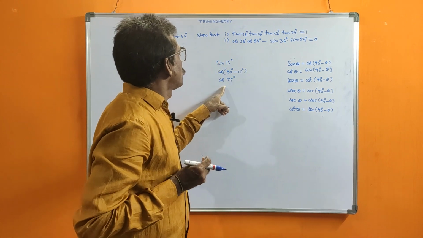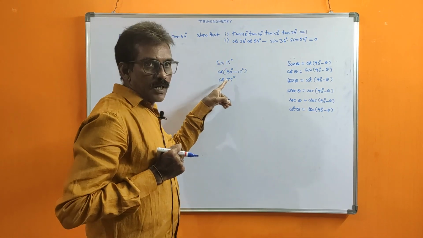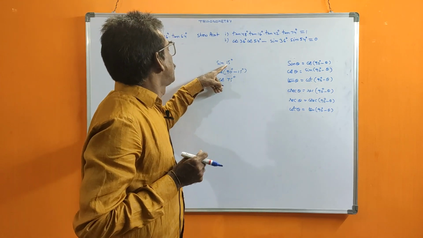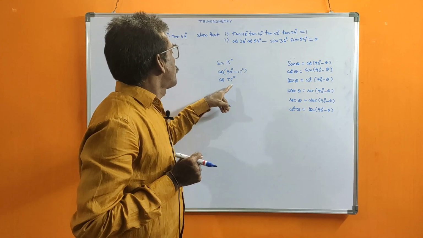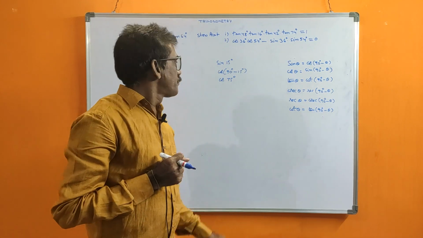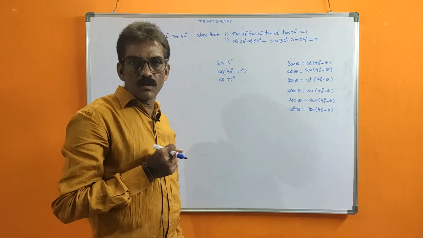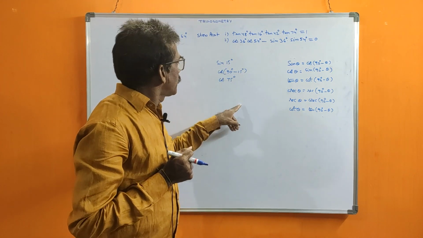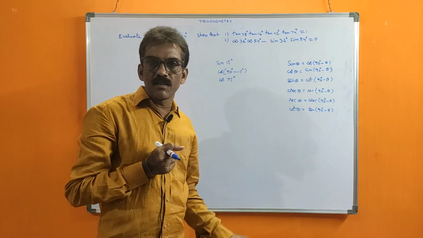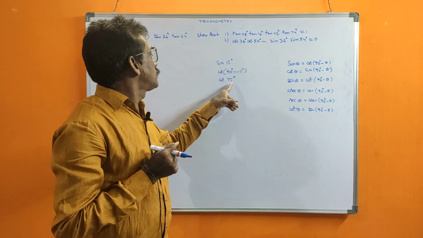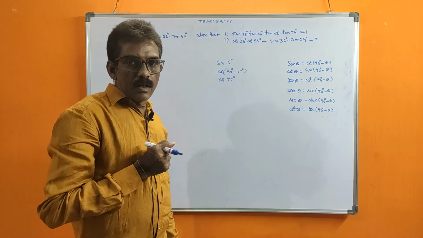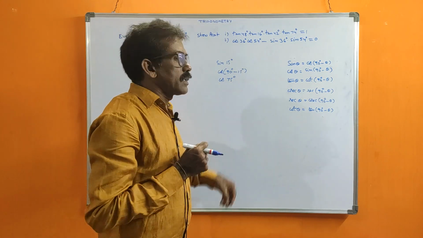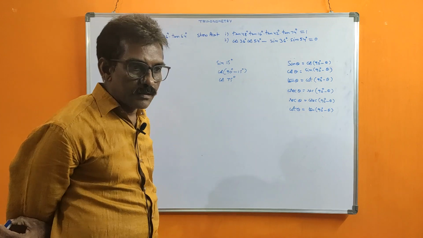For co-ratios, the co-ratio angles, if you are observing, a relation is there. What is that relation? See, here 15 is there, here 75 is there. 15 plus 75 is 90. So the sum of these two values is equal to 90 degrees, because the value you are subtracting from 90, again that value you are adding to 15, so 90 will come. So that's why the sum of these co-ratio angles is 90, then those are equal. So these two angles are called complementary angles.